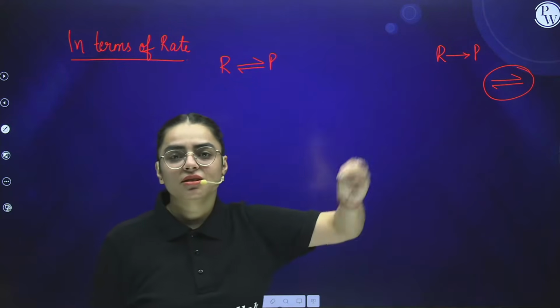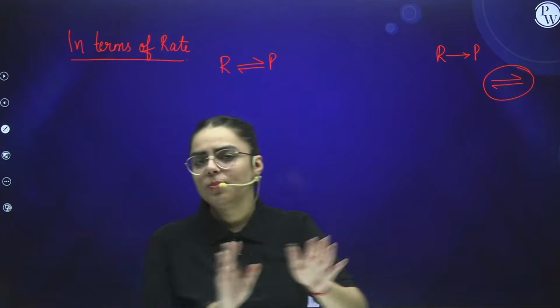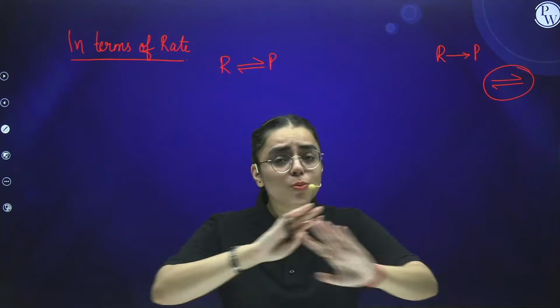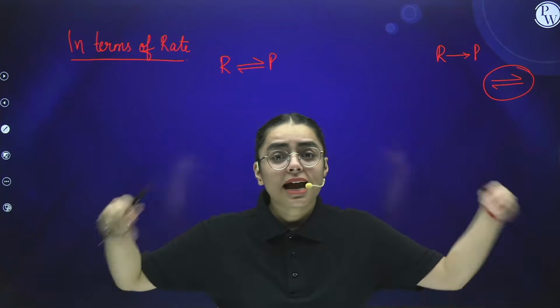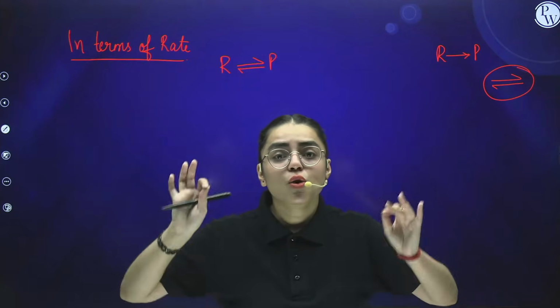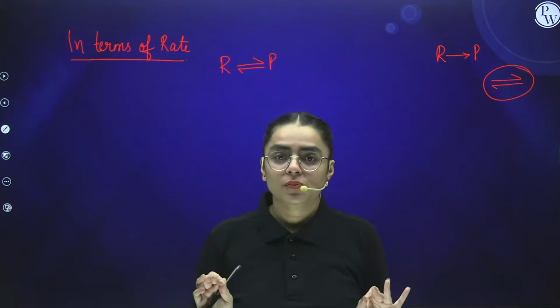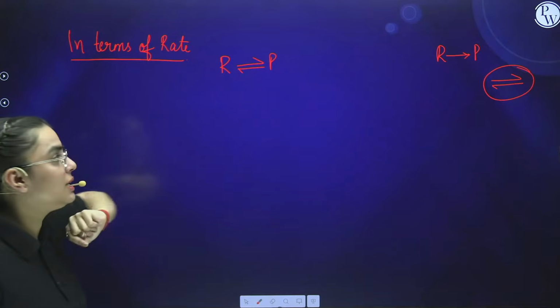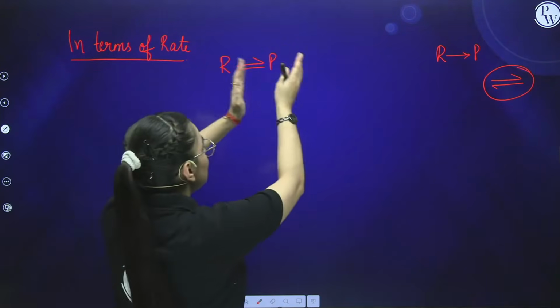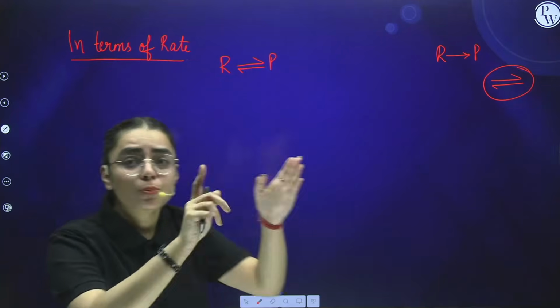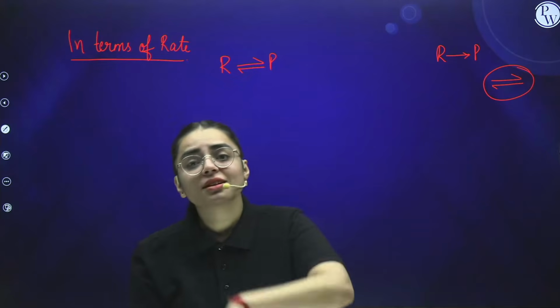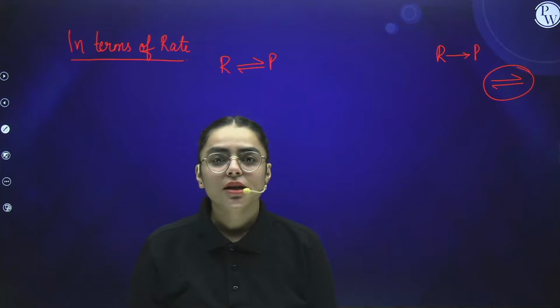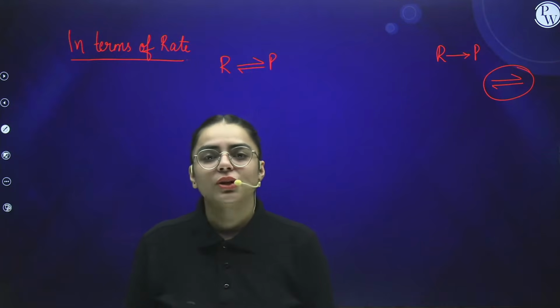This sign is basically representing that reactant is now being converted into product. We no more have any reactant. Reactant is consumed. There is no reactant left over here now. In this situation, reactants are being converted into product, and yes, product also has the ability to get converted back into the reactant. Now this is what is the forward and the backward reaction.